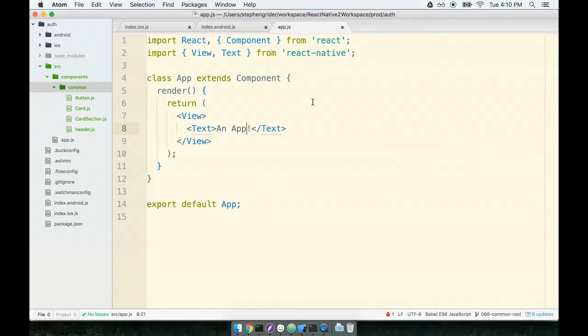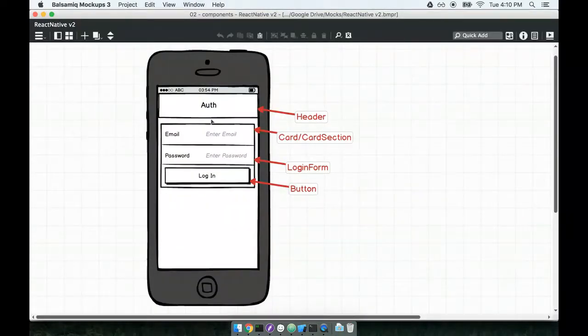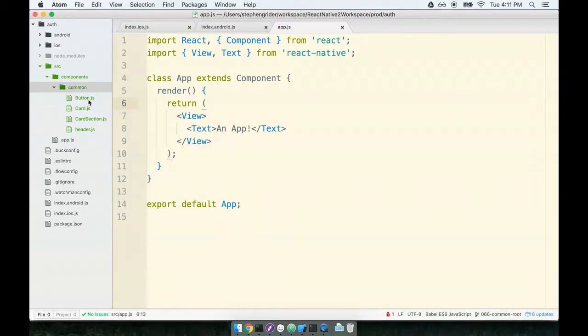We know that components like the login form that we're going to create in a little bit, I've only vaguely mentioned the login form, but the login form is going to be the thing that's going to house the actual login form here. We know that it's going to need to require several different components out of that common directory, right? We know that it's definitely going to need the button, it's going to need the card, it's going to need the card section. We're going to need to import quite a few things out of that single directory right there. That means that we would have to stack up a bunch of import statements that all import stuff